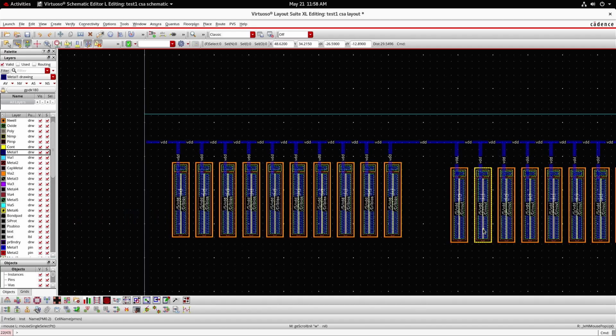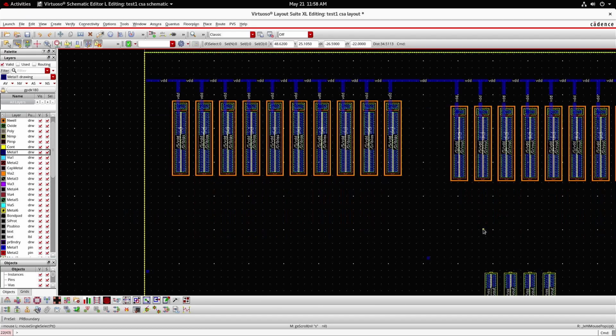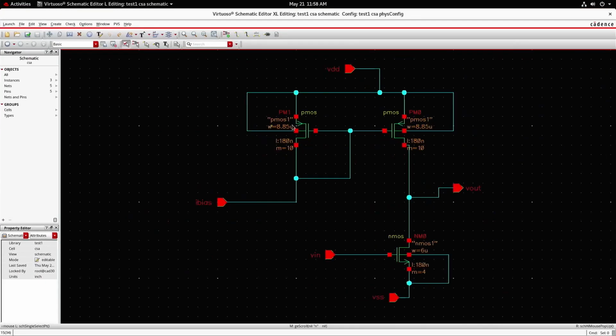After connecting the source of PMOS and NMOS, it looks like this. Now, as per the circuit, I need to complete this. The gates of the PMOS transistors are to be shorted, and after that, the left hand side drain should be connected to gate. First, I am going to complete the gate connections.